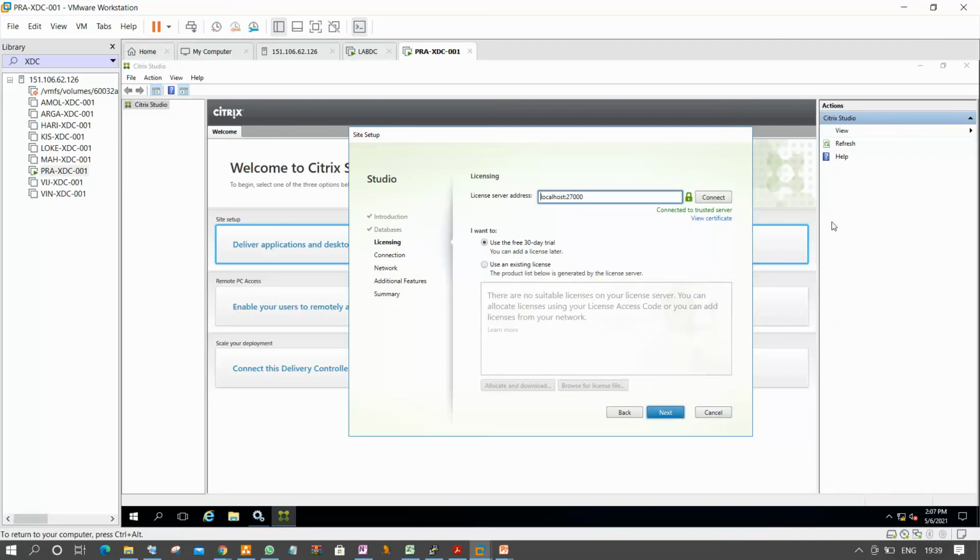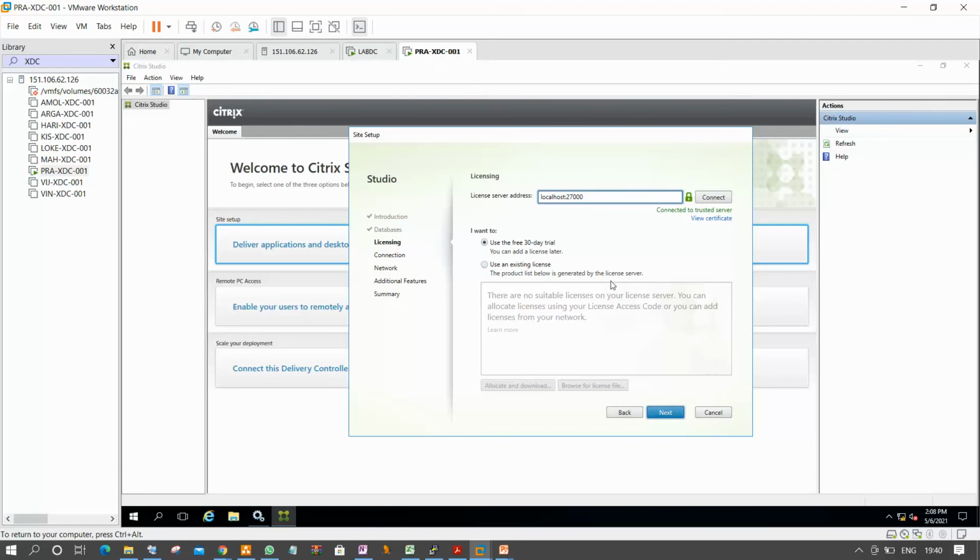See here, this is your license server. We need to address that, then we have to accept the license so that your delivery controller starts communicating with the license server and fetching the license file. So guys, as of now, where did we install the license services in our lab? On the ESXi server.